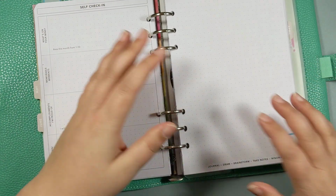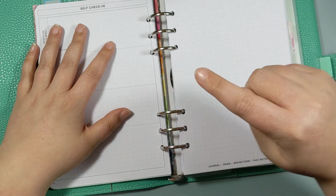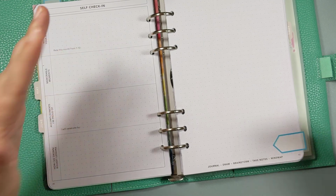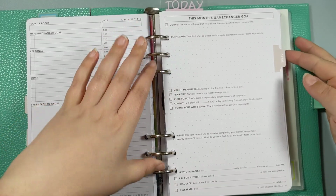So before I moved April, I had all the 3 monthly spreads, then I counted through the number of days for April, stuck a tab, counted through the number of days for May and stuck a tab, is how I did it. So April,